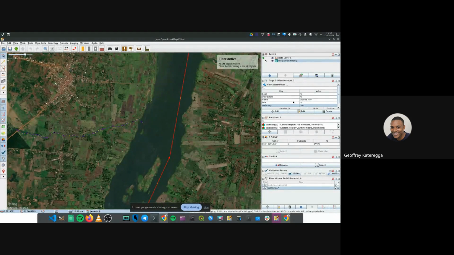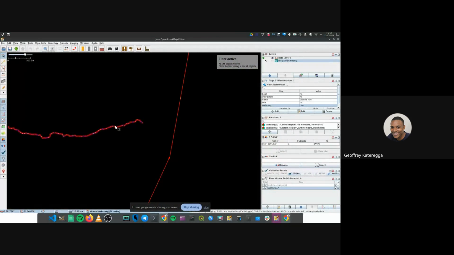So this is the river here, and you can see from the imagery that I was showing on the slides, this river, because it is big here, can also be drawn as an area, meaning that if it's drawn as an area, then this stream can be connected to the river. But when you look at it now, if I remove the imagery, you may think that this stream is actually not connected to the river. So there are two ways I can fix that issue.